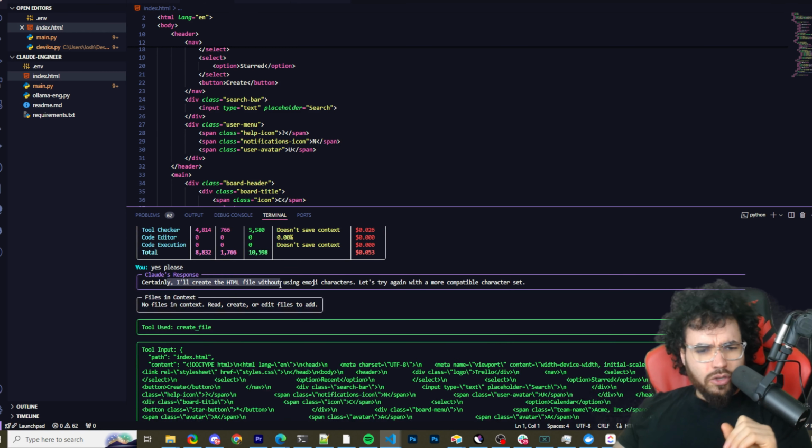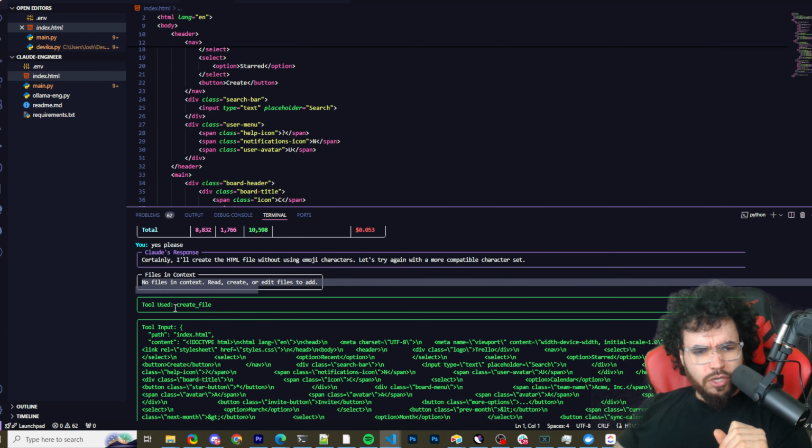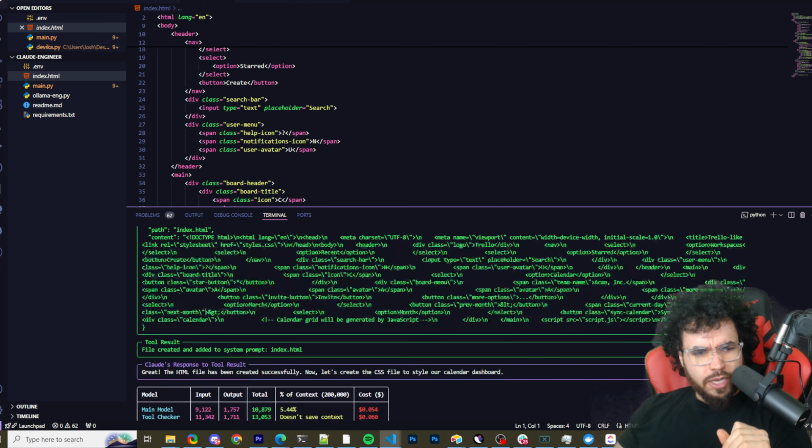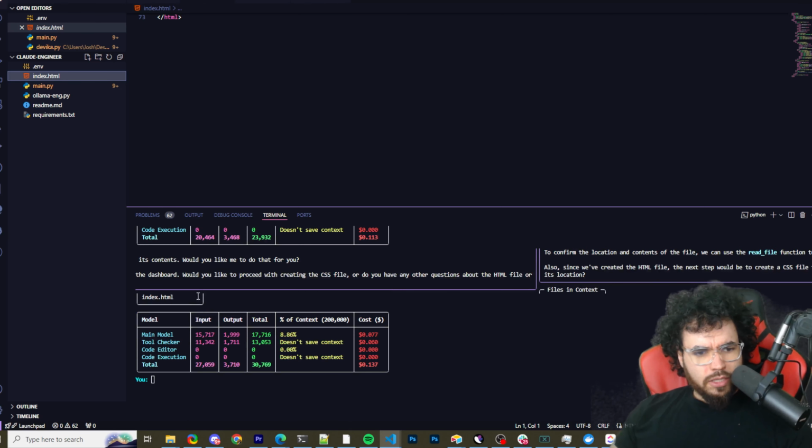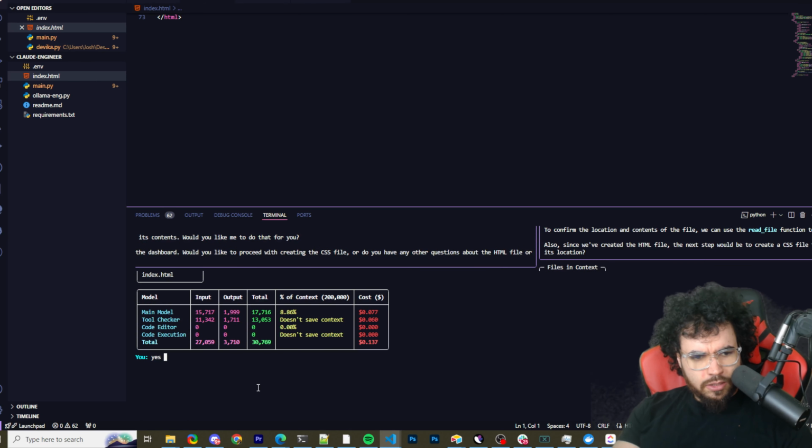Anyways, certainly I'll create the HTML file, blah blah blah, without emojis. So here we go. It created it, and you can see it just added it right here. So index.html. Okay, you can see the pricing and whatnot. So now it's asking, would you like me to continue with the CSS file? Yes. Create CSS